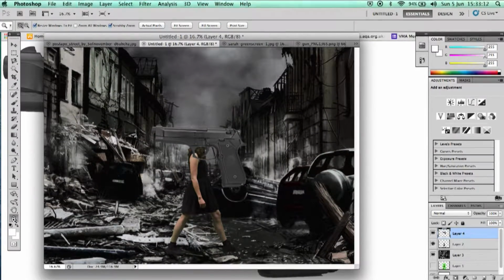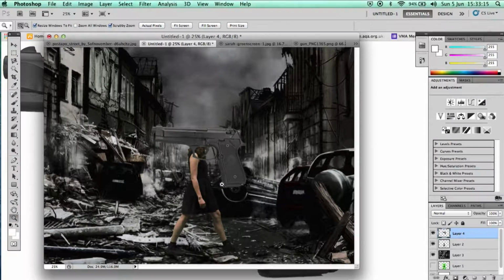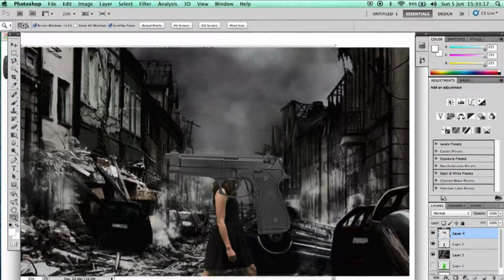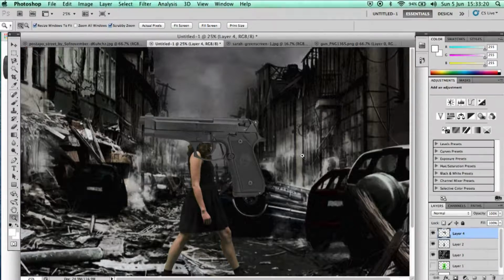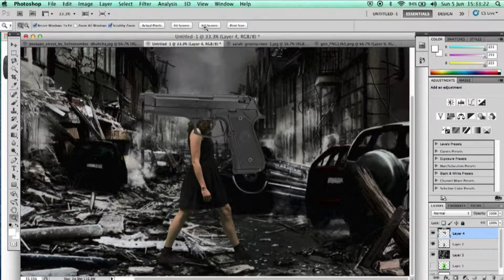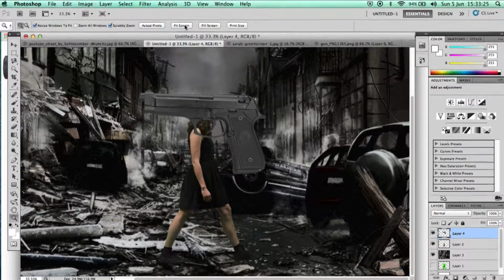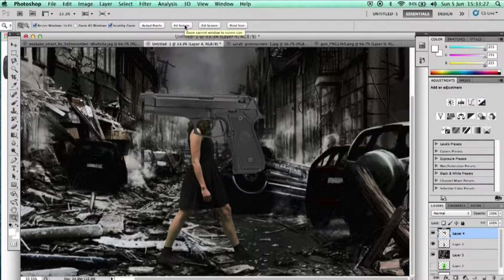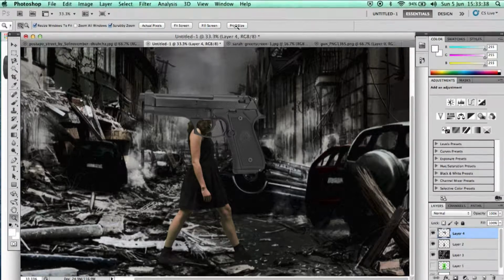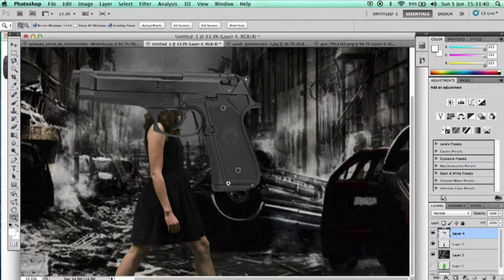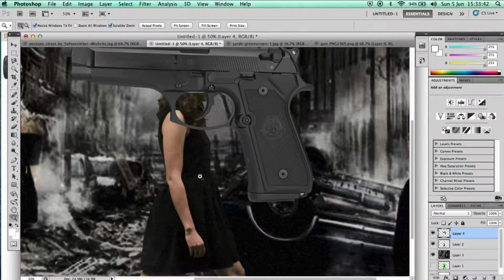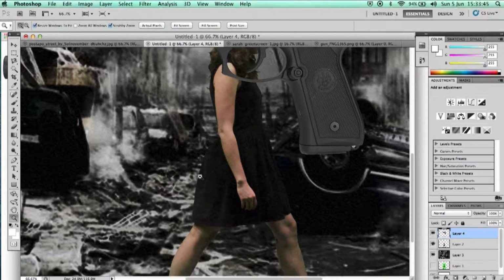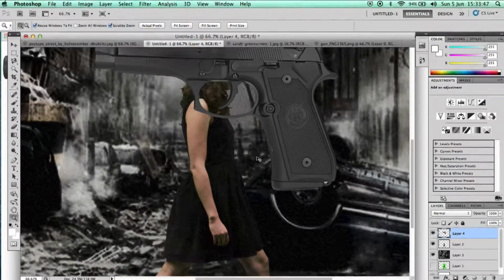So if I've got my magnifying glass, I can zoom in, make sure that it's actually zooming in and not zooming out. And you will see when you get that option, it can either fit to screen if you want it to just go back to how you had it to manipulate it. It's actual pixels, so it can spread out even larger. You can fill the entire screen, or you can do its print size, which again is going to be bigger than Photoshop needs. I'm just going to zoom in to where we can see her hand and the gun,